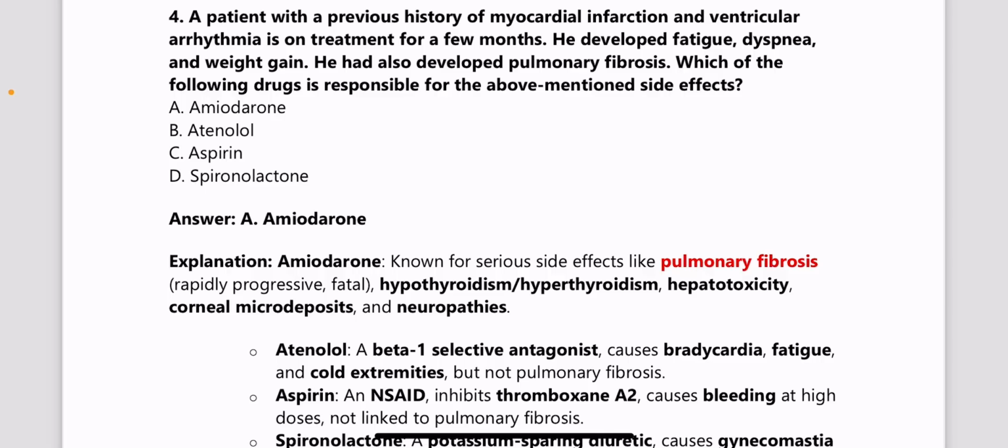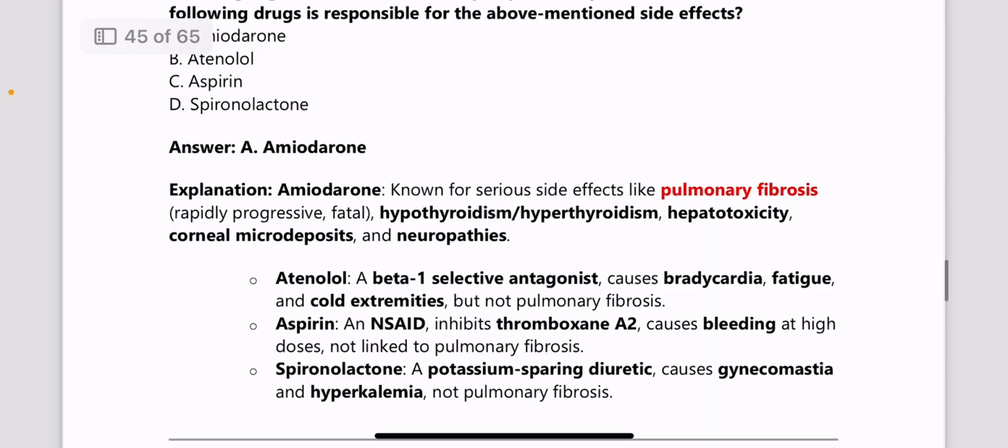Next, a patient with a previous history of MI and ventricular arrhythmia is on treatment for a few months. He developed fatigue, dyspnea and weight gain. He also has developed pulmonary fibrosis. Which drug is responsible for the above mentioned side effects? Answer is abiraterone, which is known for its serious side effects like pulmonary fibrosis, hypothyroidism or hyperthyroidism, hepatotoxicity, corneal microdeposits